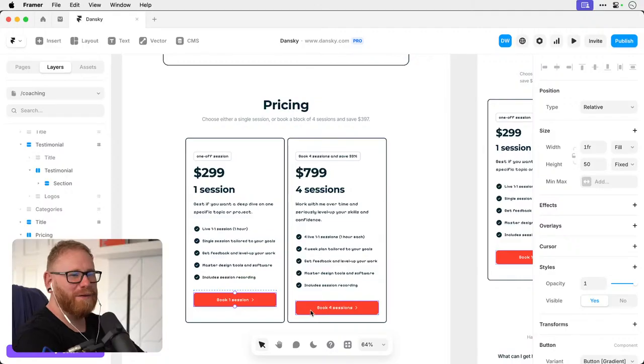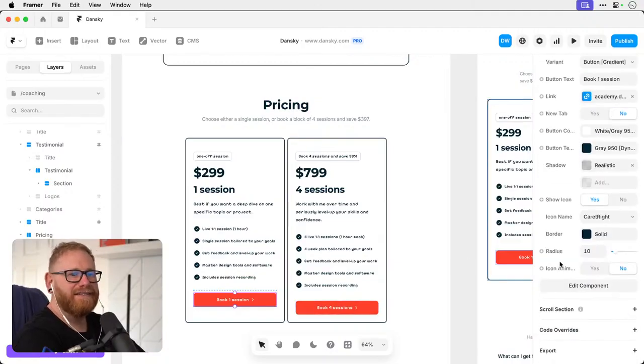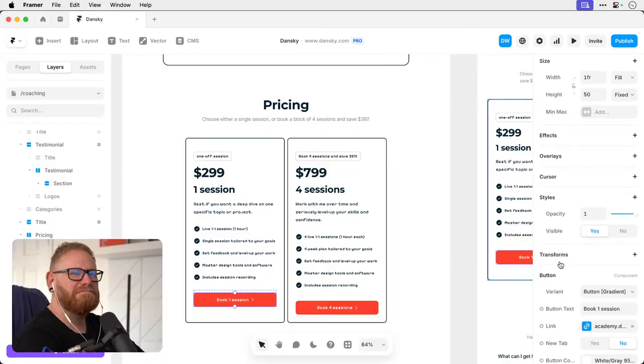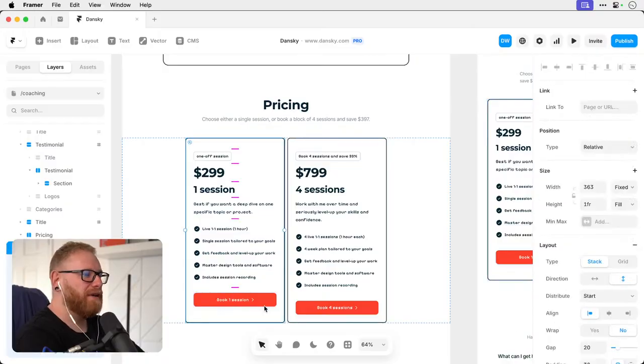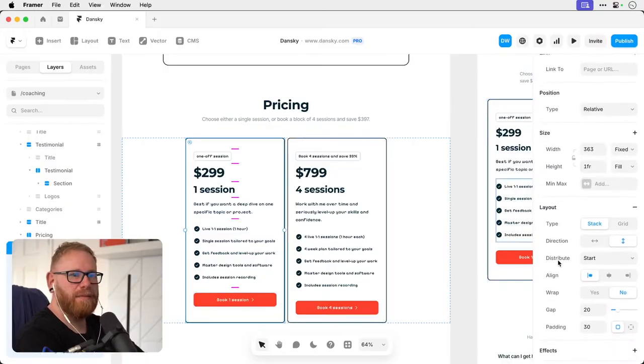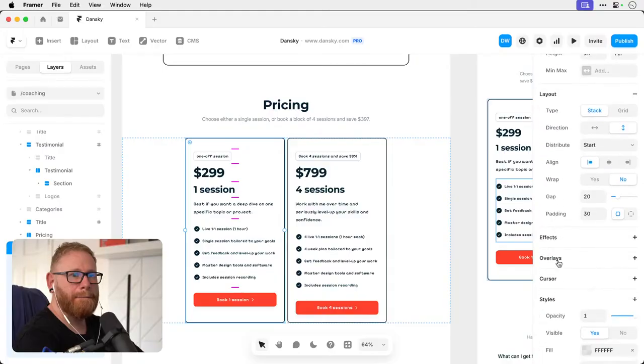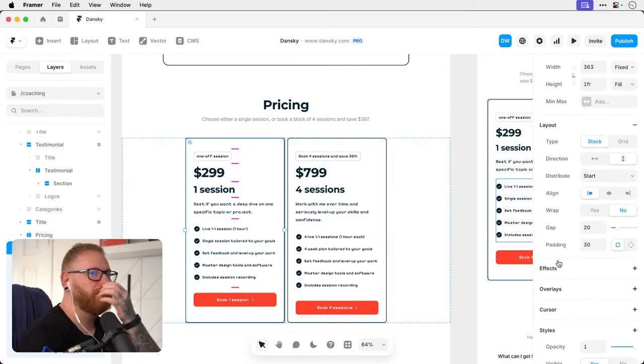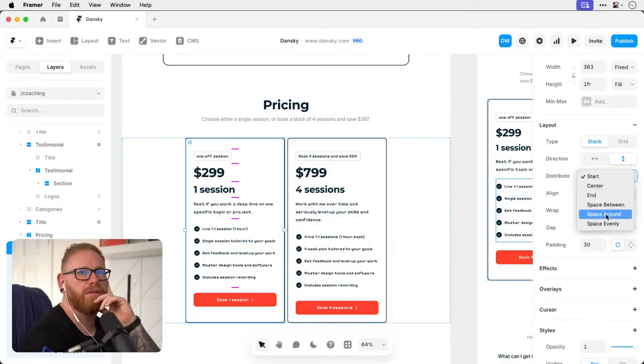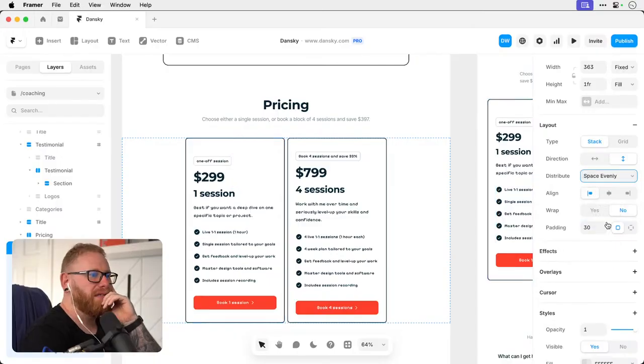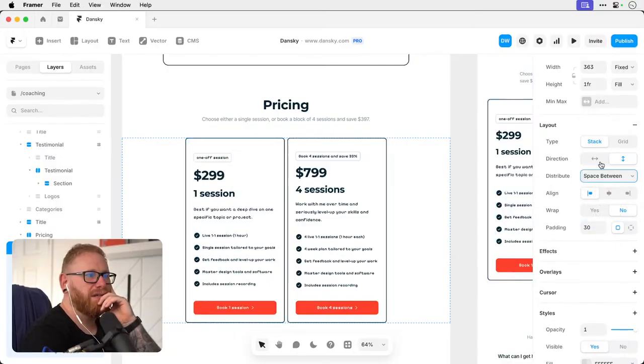How do I get the call to action to line up at the bottom though? Do I click the container and separate them? Like push them to either end? Distribute. Space. No. Space between. Oh, is that it?